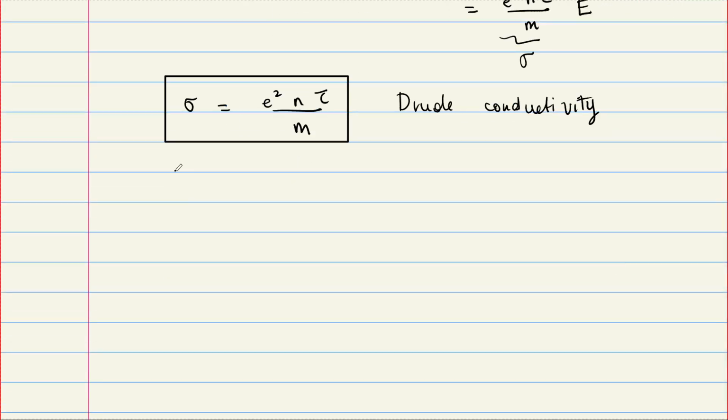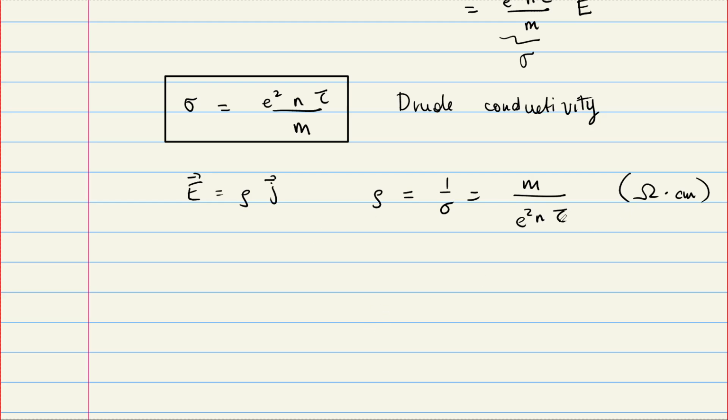And resistivity is the inverse of conductivity. If you want, resistivity is defined by electric field is equal to rho times J, which gives rho is equal to 1 over sigma, and it's going to be m over n e squared tau. And the unit of resistivity could be ohm times meter, but typically we use ohm times centimeter because that's more the experimental dimensions.